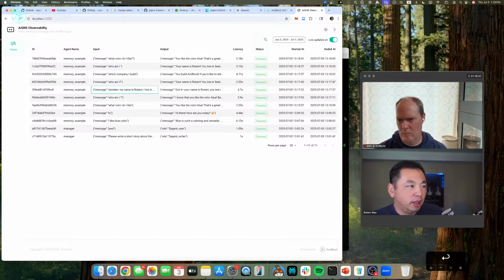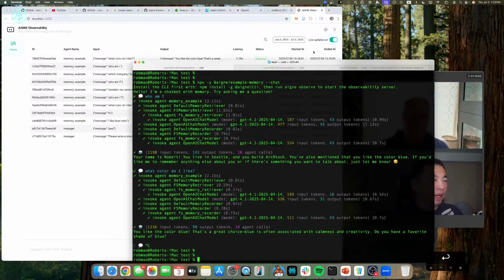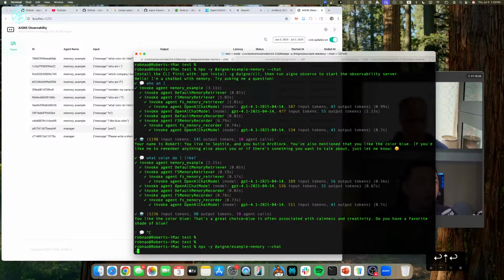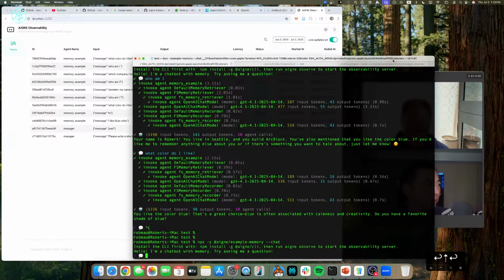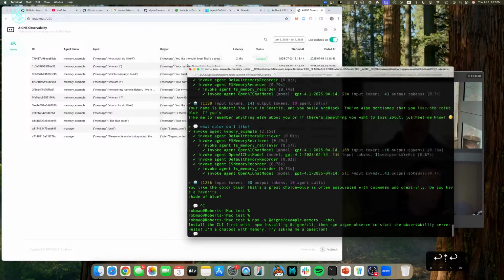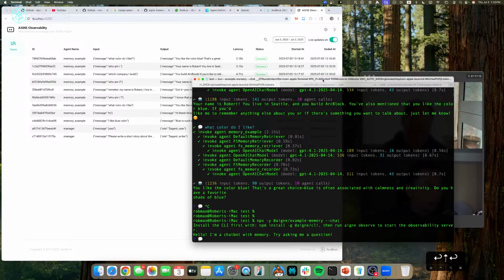So this observability is nearly real time. For example, if I'm running that again and I try to tell more information to the AI, you will see on the back end... I can type here: remember that I originally come from China. I also lived in Ireland.